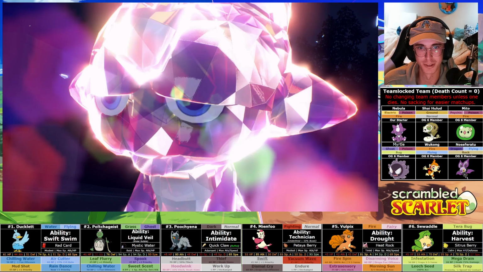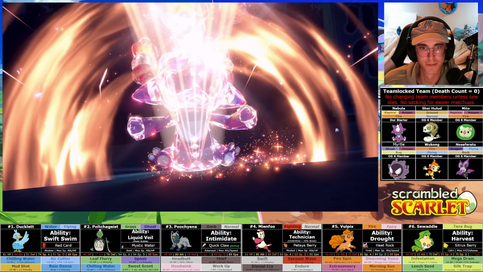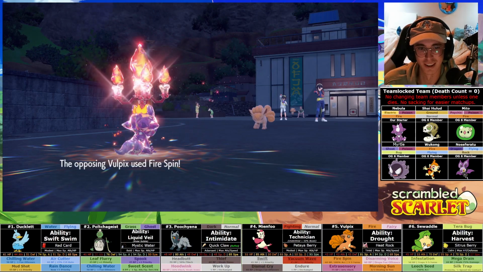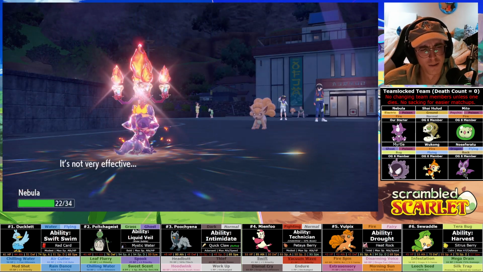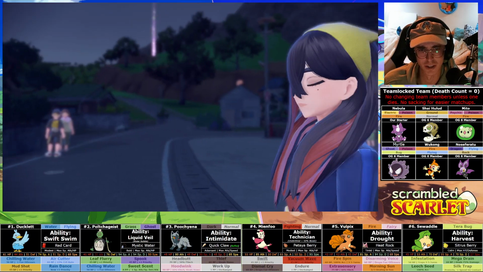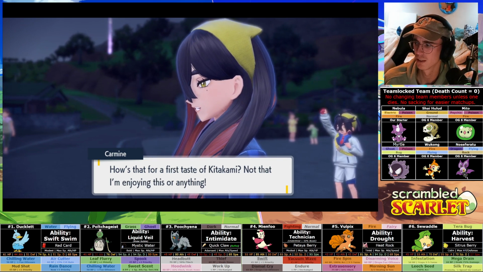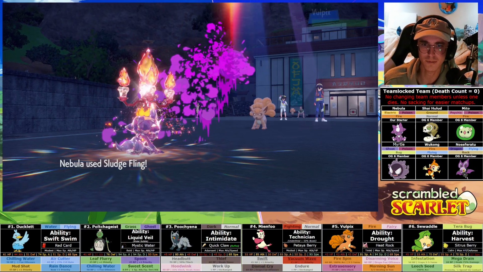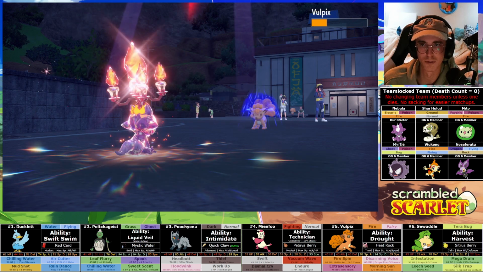That felt real good. Bajing. Look at my shiny boy. Oh, he's crying. Alright. Actually goes for Fire Spin. That's really interesting because I swear I calced what did more, the Extrasensory or the Fire Spin in the sun, and it was Extrasensory, so very strange, but we'll take it. So I basically get a free Sludge Fling into